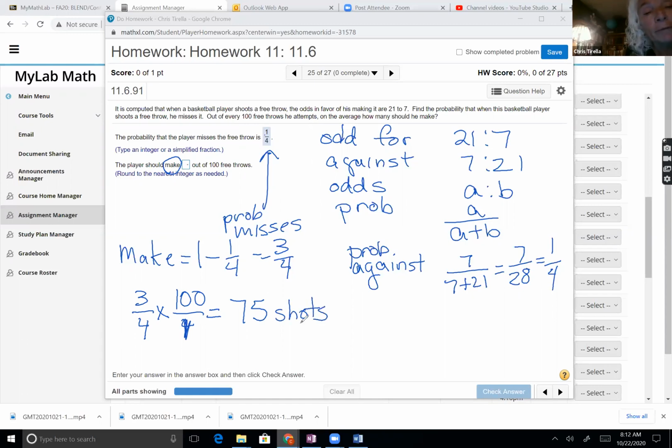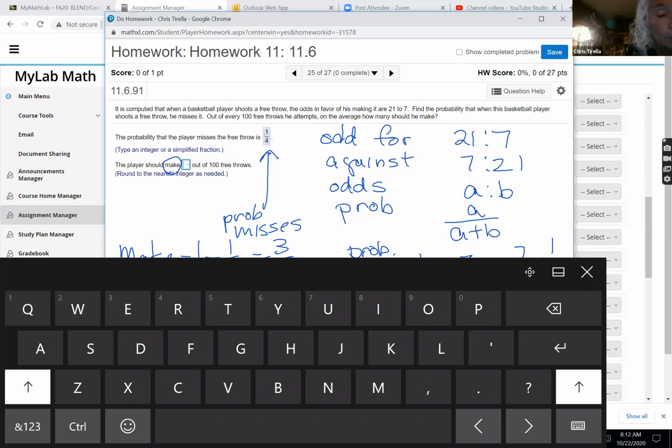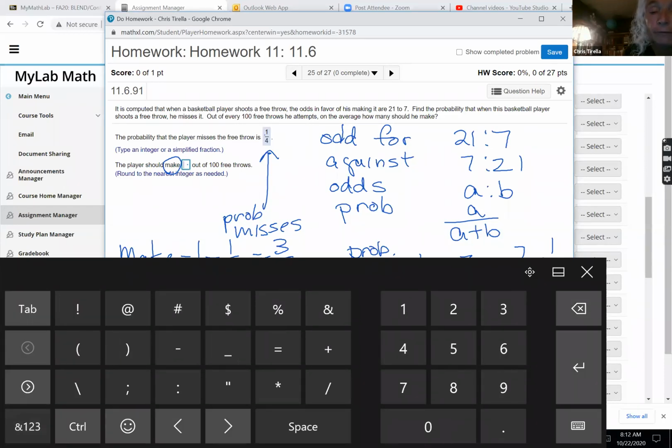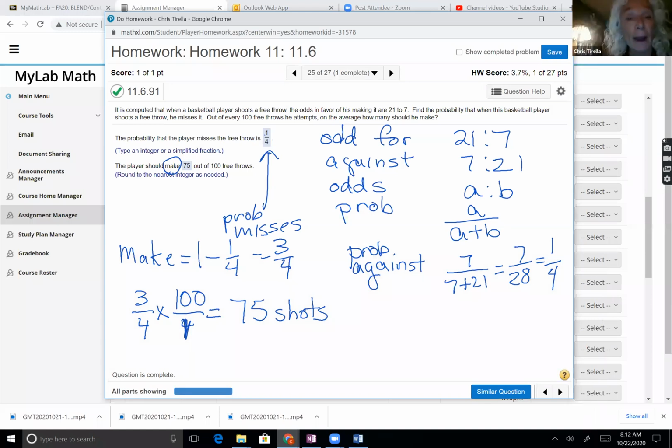Wow, I can't believe I got one with such nice round numbers. I think the ones I was working on with other people during the week had fractions that were not quite as nice as 1/4 and 3/4, and so those products turned out to be decimals and you had to round.